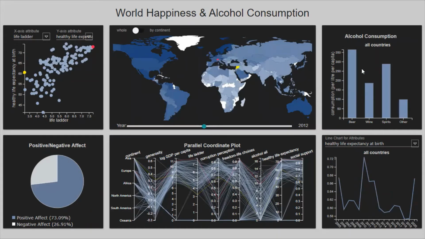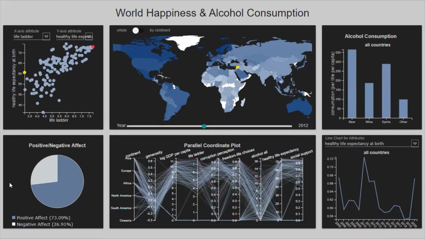The bar chart on the top right visualizes the beer, wine, spirits, and other alcohols consumption for all countries or selected countries. This chart is updated by the user interactions on the scatter plot or the choropleth map. It also shows the tooltip of each bar when the mouse is hovered over each of them.